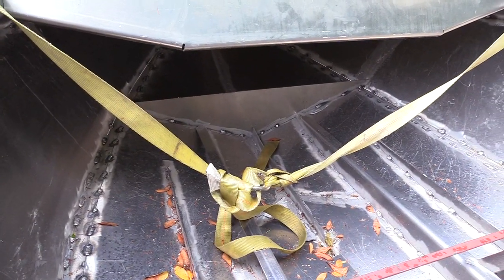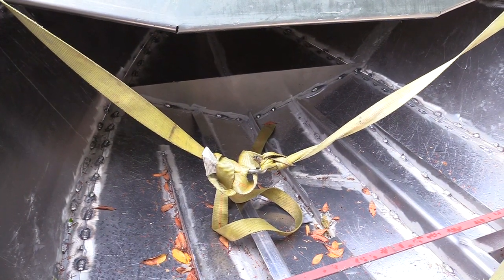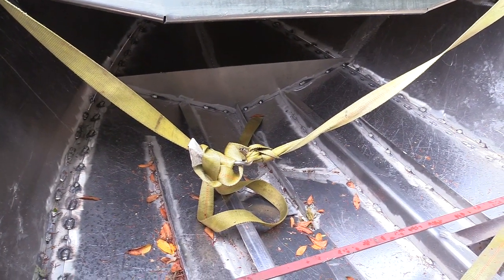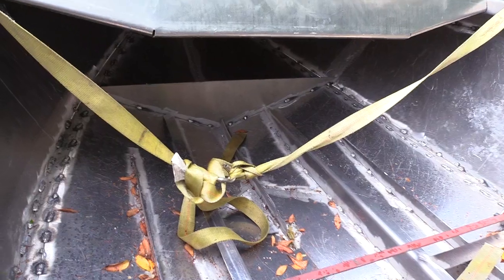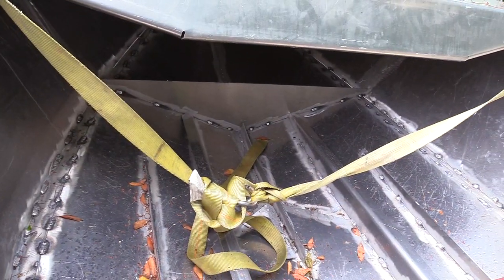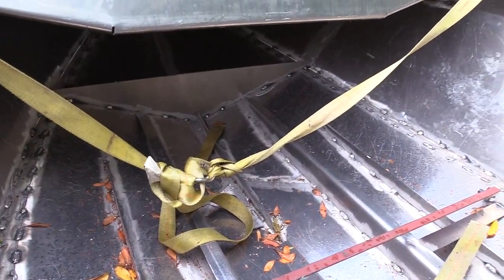And secured your twisted hole, your uneven twisted hole. And I can stand back and I can see the difference between the right side up there and the left side. Now, for whatever reason, when I put that lid on,